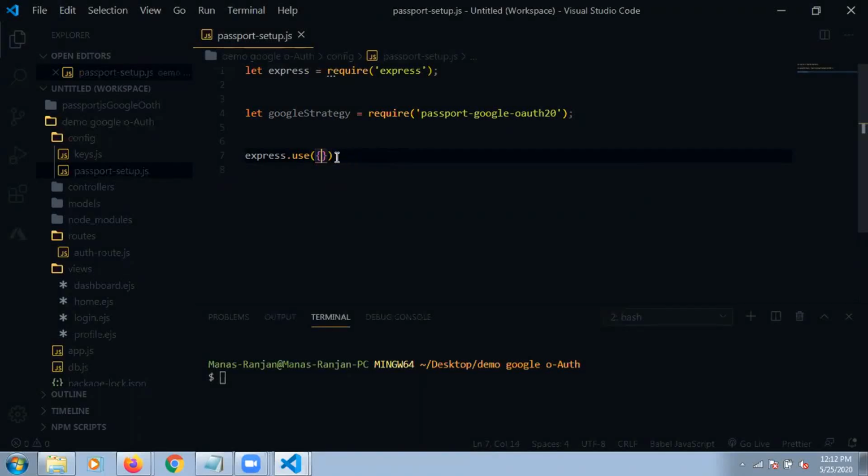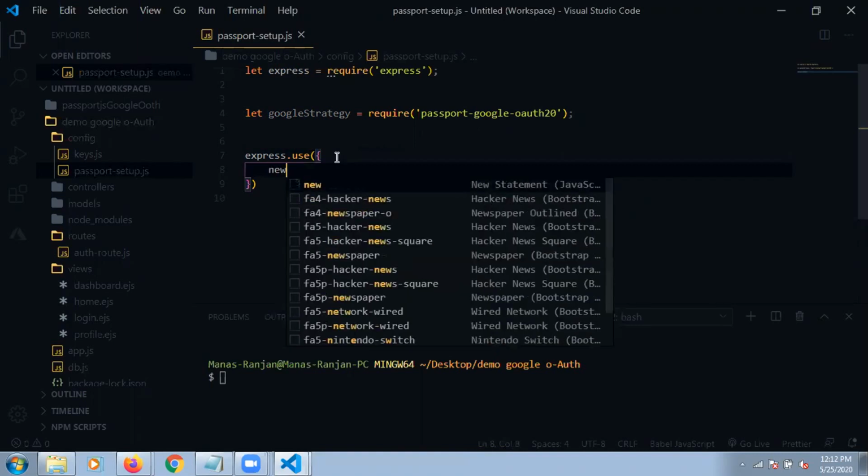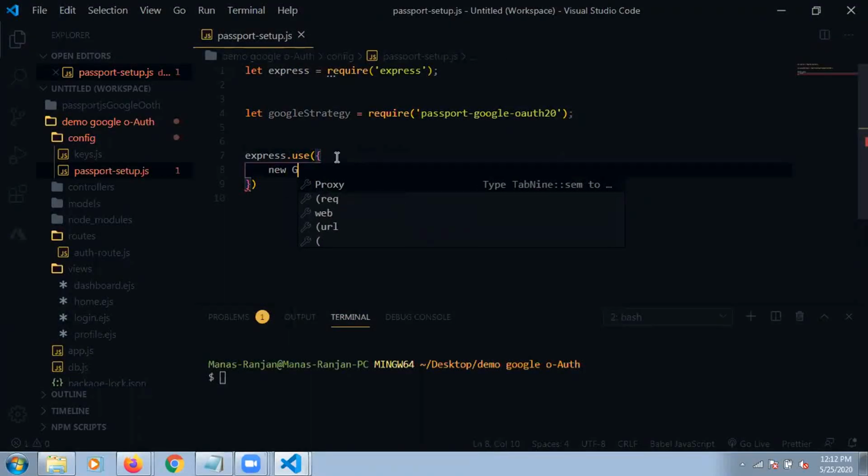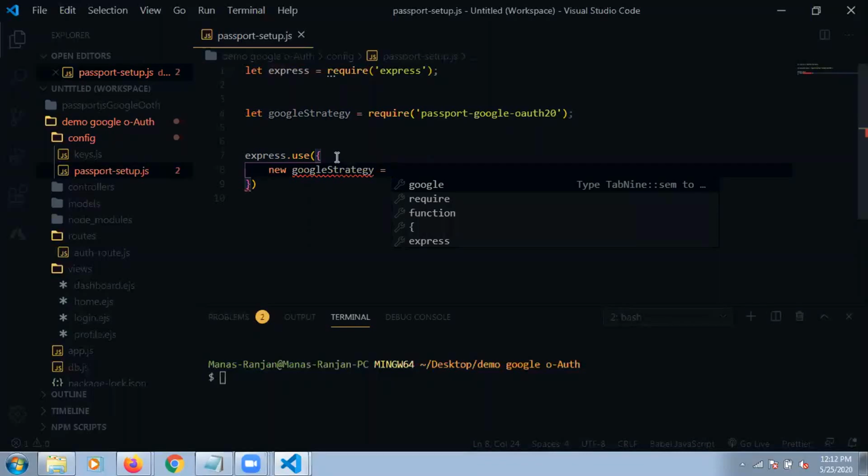Since we are creating an object, so here we are writing new Google strategy. Since it's an object, we are creating Google strategy.